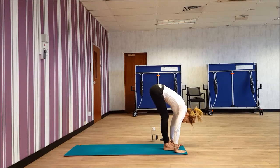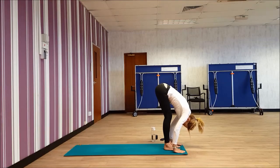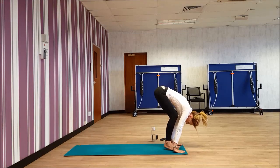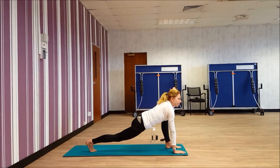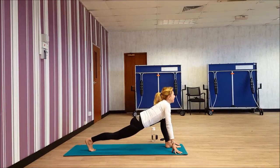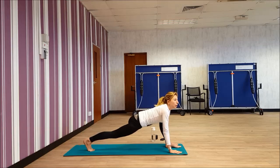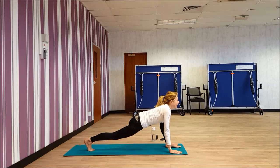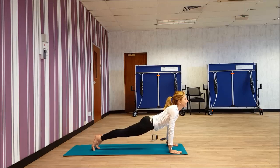This time bring your hands either side of your feet. Tucking in your chin again, take a big breath in, and as you breathe out, stretch your right leg back into a lunge. Sinking down into your left hip. Checking that your knee's in line with your ankle and really pushing your right heel away from you to keep your legs straight. Take another big breath in, and as you breathe out, bring your left leg back and come back into